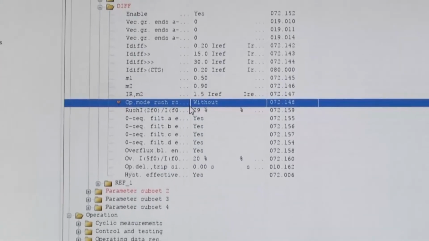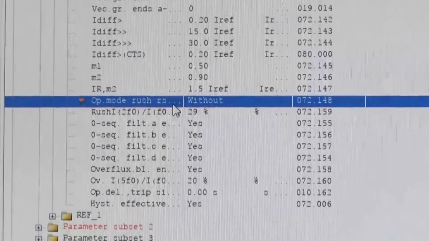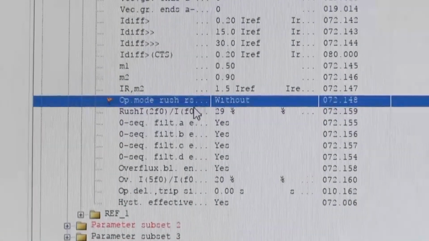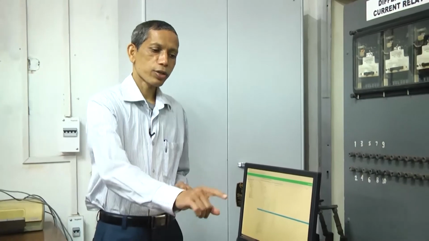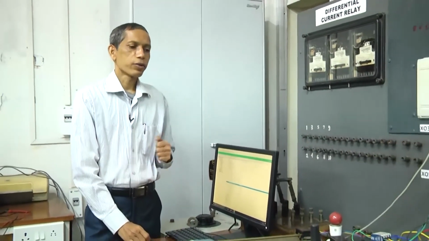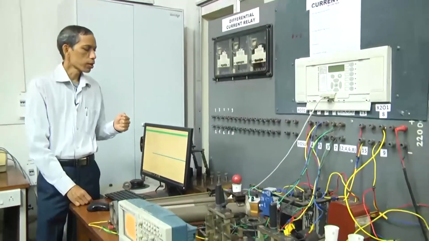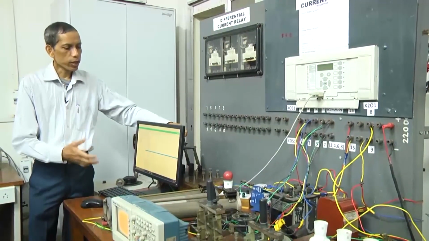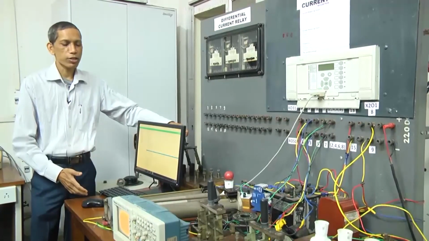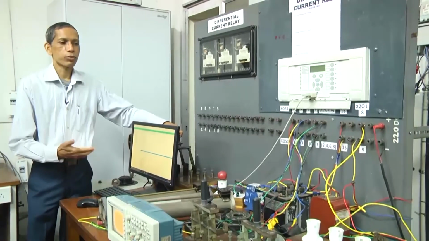So there is no inrush blocking arrangement in this setting. No load is connected and there is no internal fault. We will switch on the rated supply voltage to the 3-phase transformer, and we expect that in at least one of the phases the inrush current will be significant, and the relay is expected to operate